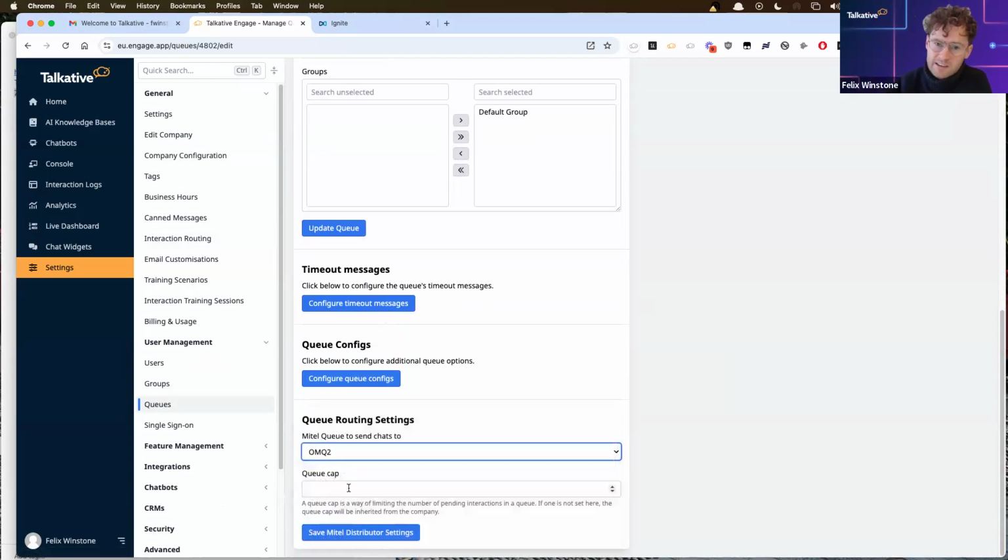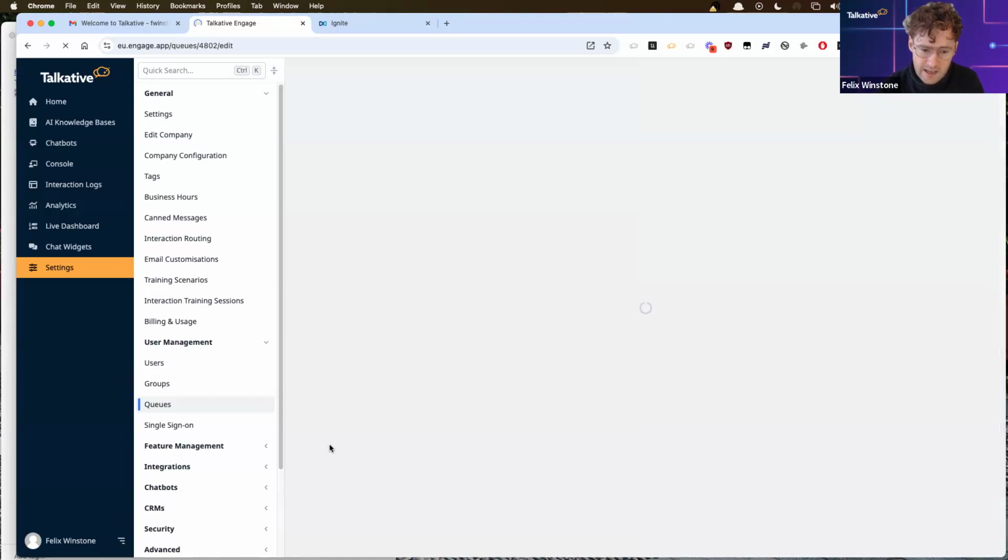And here we can apply a queue-based queue cap as well. So for example, maybe if you had a sales queue that you wanted to only be online when customers aren't going to wait very long, you'd maybe have this set to 1 or 2. But if it's a support queue or a queue where customers are likely to wait longer, or you're okay with having them wait longer, this can be a higher number, and it can just be left blank if you want it to be unlimited. So now that we've created this queue,